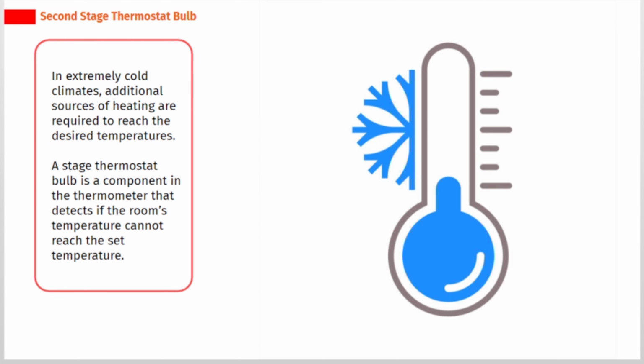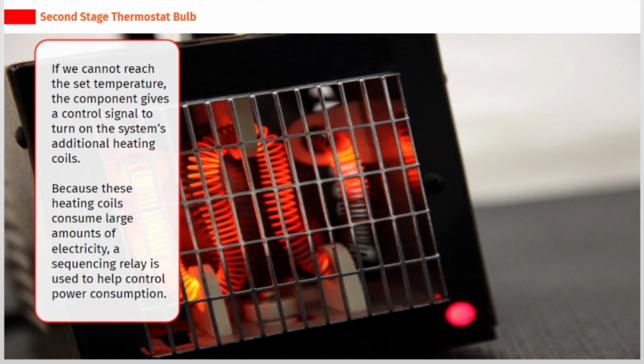In extremely cold climates, additional sources of heating are required to reach the desired temperatures. A stage thermostat bulb is a component in the thermostat that detects if the room's temperature cannot reach the set temperature. If we cannot reach the set temperature, the component gives a control signal to turn on the system's additional heating